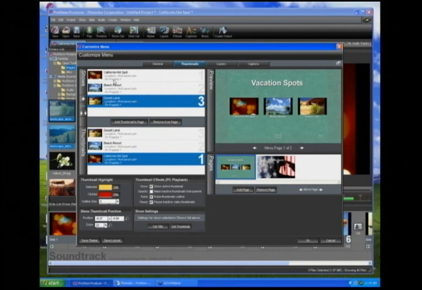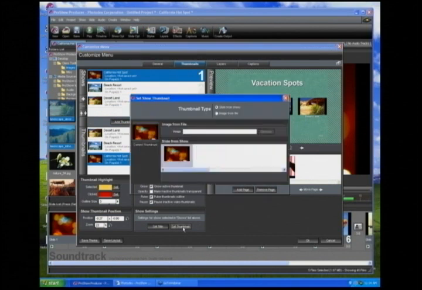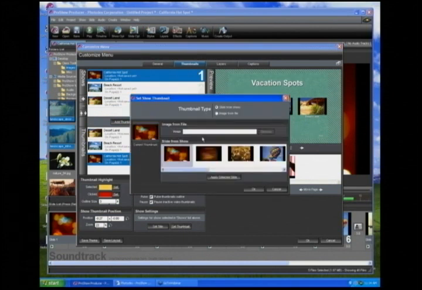I wanted to also, just for the sake of showing you, show you how I can set the menu thumbnail, or the thumbnail for that show. So once I've clicked the button, this is the same window that you would see under the Shows tab when you go to create your output, and let's say you select PC executable or you select DVD. There is a Shows tab, and you can also set your menu title and your thumbnail there. So we can add a slide from our show. We can use a slide from our show as our thumbnail,